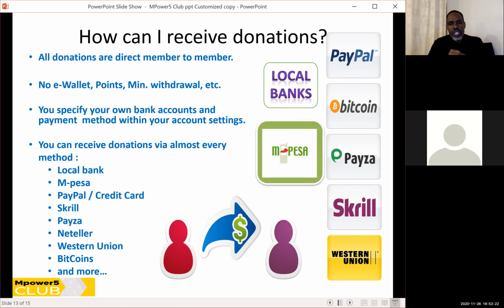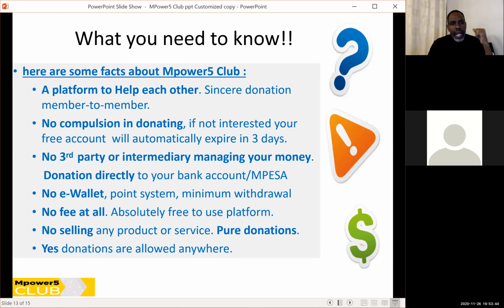You say whether you want to receive them in Bitcoin, PayPal, M-Pesa, Skrill, Western Union, local bank, and so on. The only thing that we normally say here is that we discourage you from receiving money in cash, because cash cannot be tracked. So you cannot resolve it if there comes a dispute that you did not receive the money. The last thing that you need to know, and this is important,